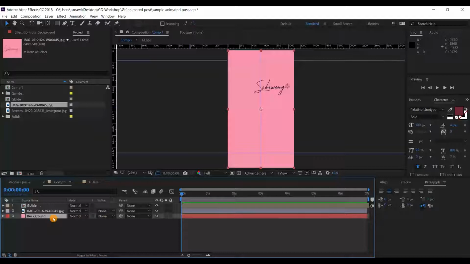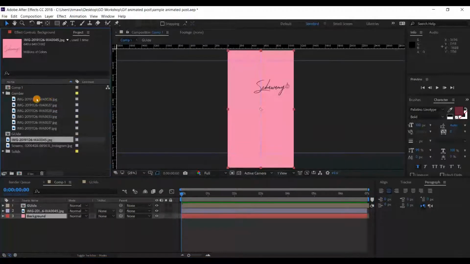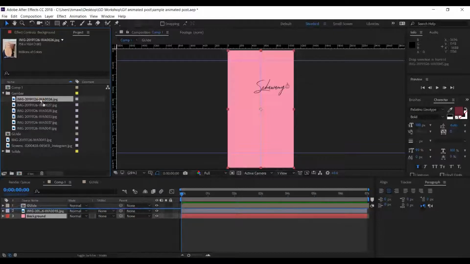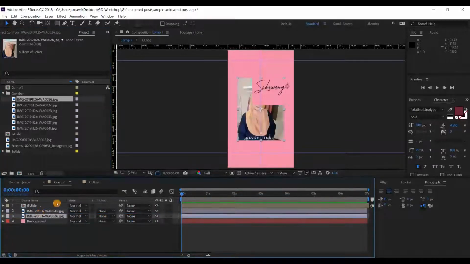Okay, done. Great. Next, we're going to bring the picture to our composition, which is quite easy. Go to your pictures, select the first picture, and click and drag it to our timeline. I'm going to put it below our logo, and we have our picture there. Now we need to resize the picture.